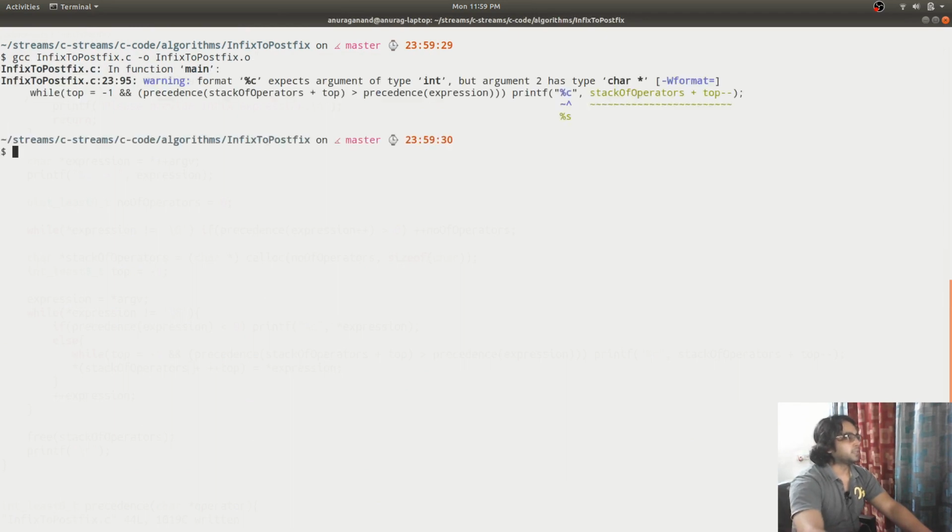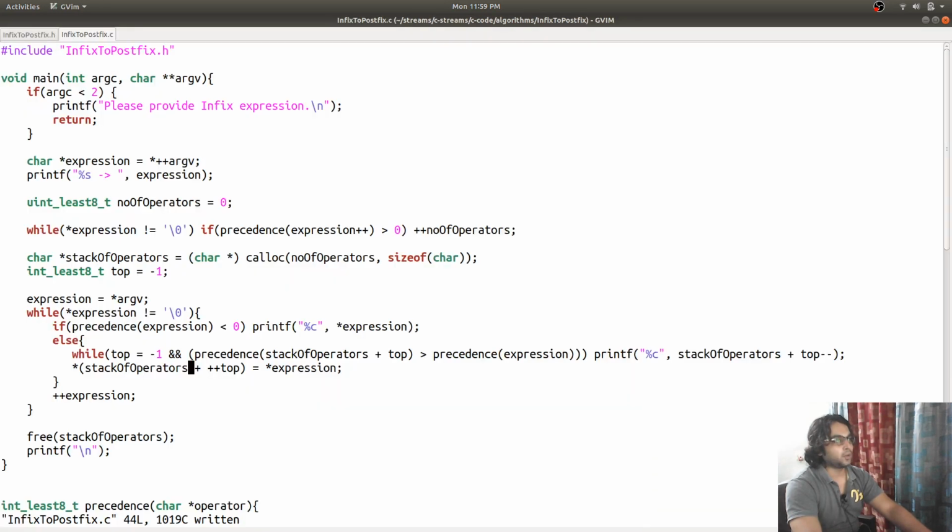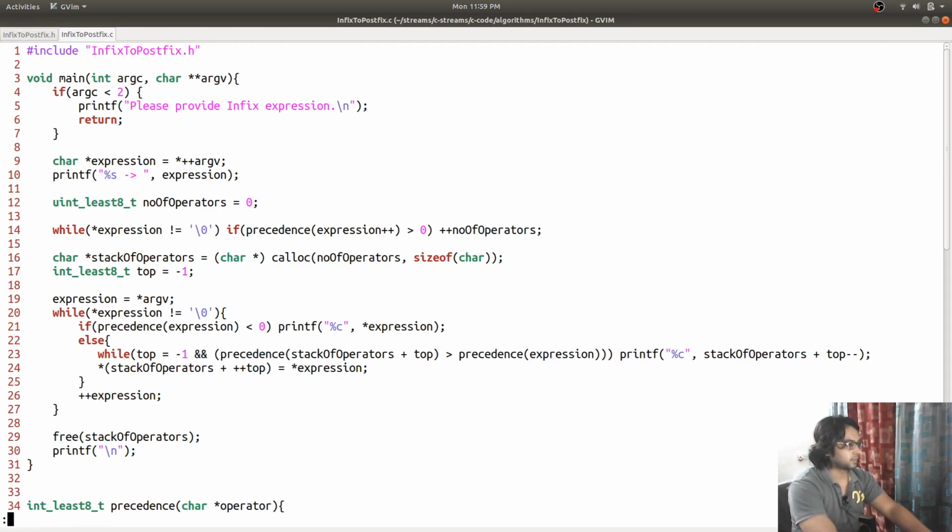It is saying something at line number 23: percentile C expects argument of type int, but argument 2 has type char star, which is correct. We need to wrap it in the dereference pointer.